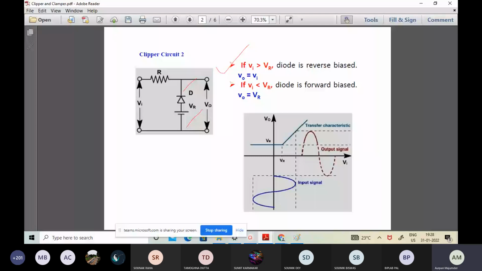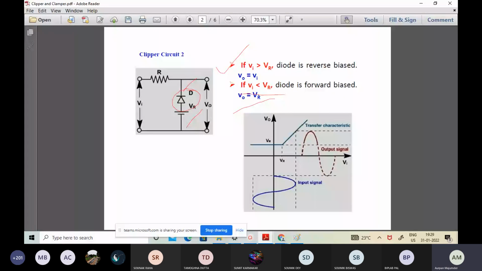However, when the value of Vi is less than Vr, the diode becomes forward biased and V0 is equal to Vr because Vd is equal to 0. There is no voltage drop across the diode, assuming an ideal diode. Now, if you want to depict this particular idea through the transfer characteristics as well as the corresponding waveform, the